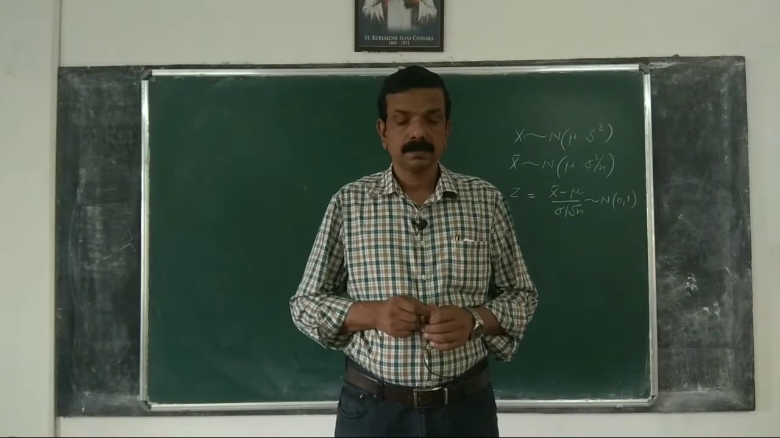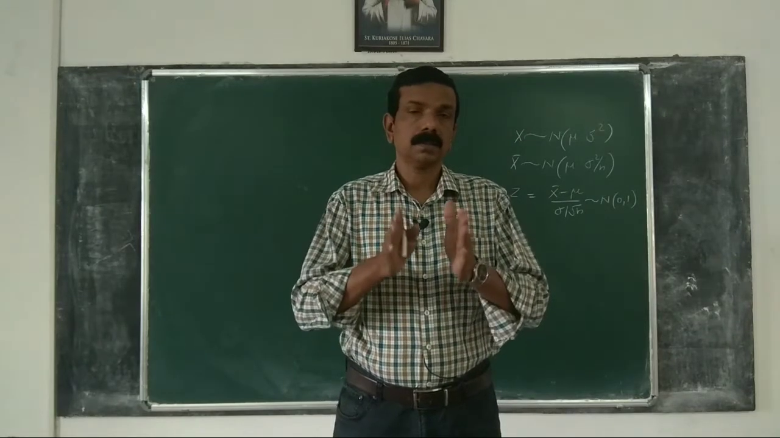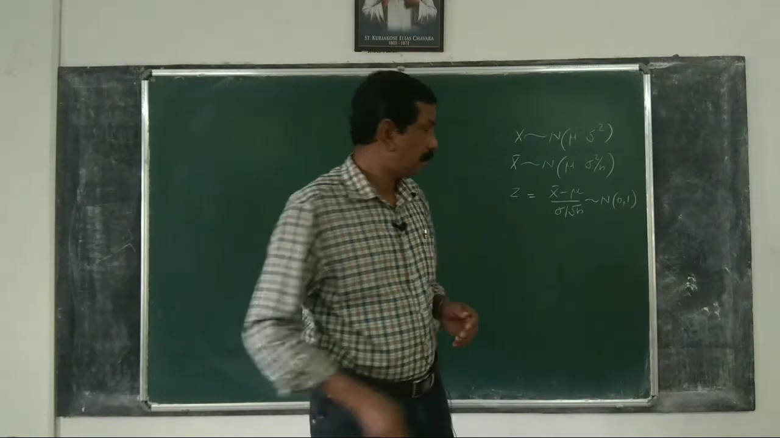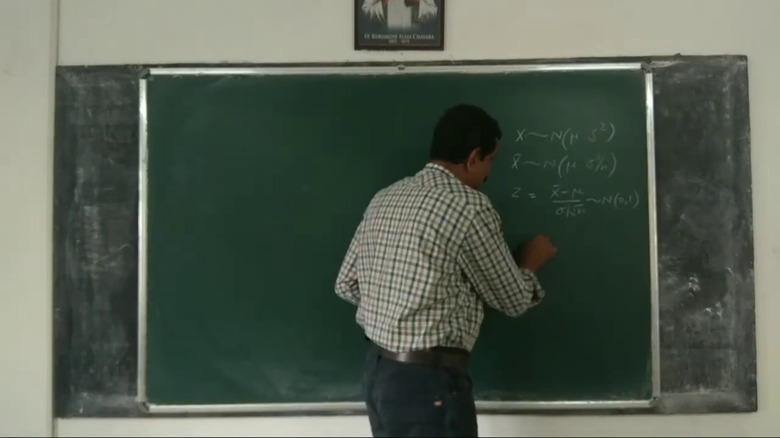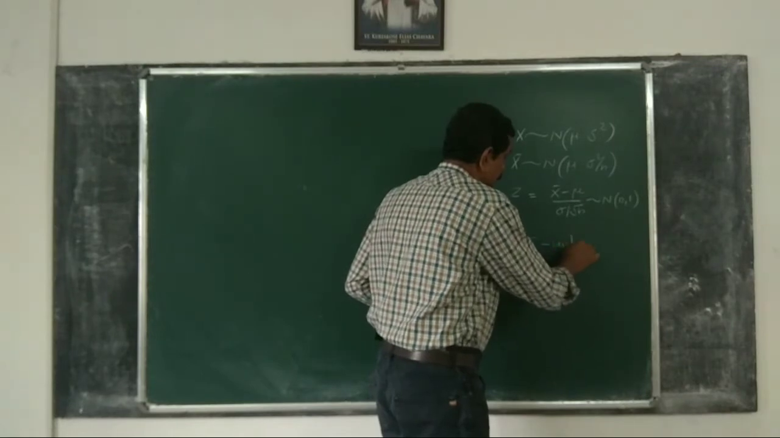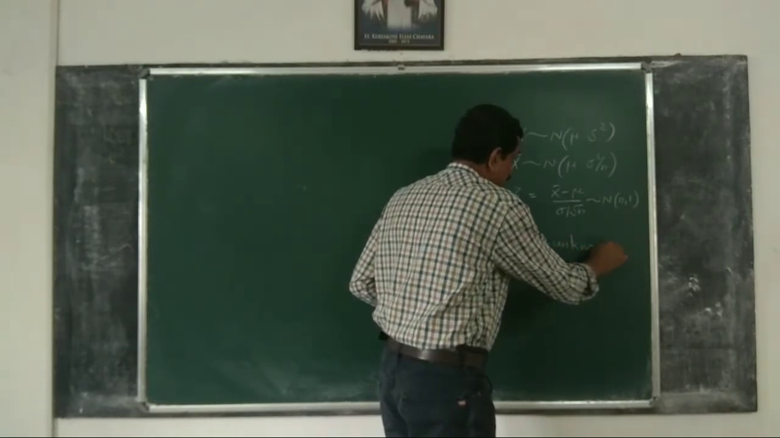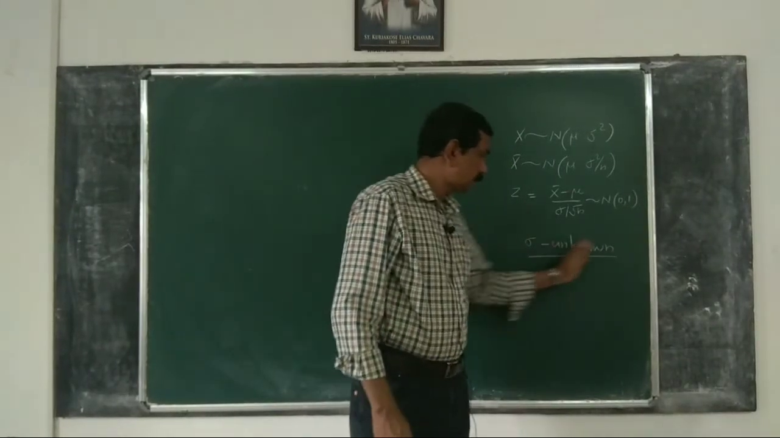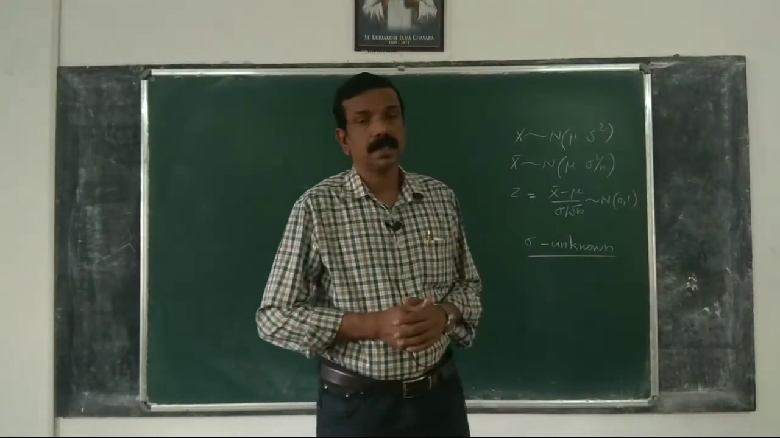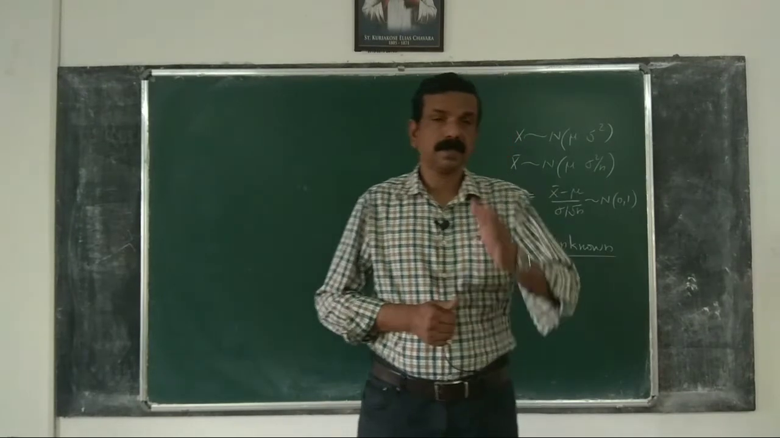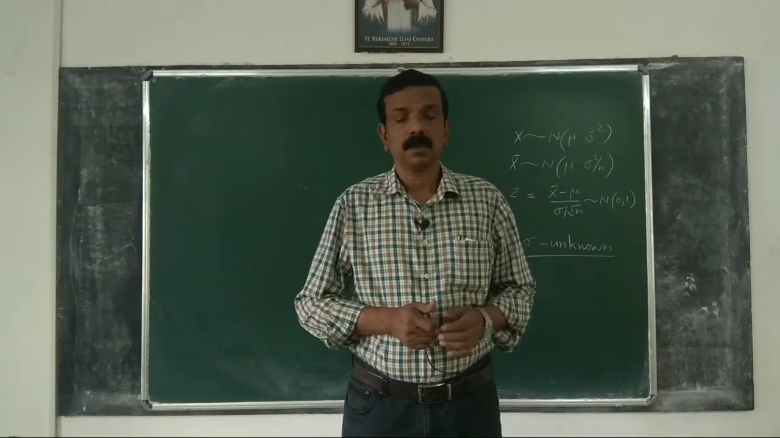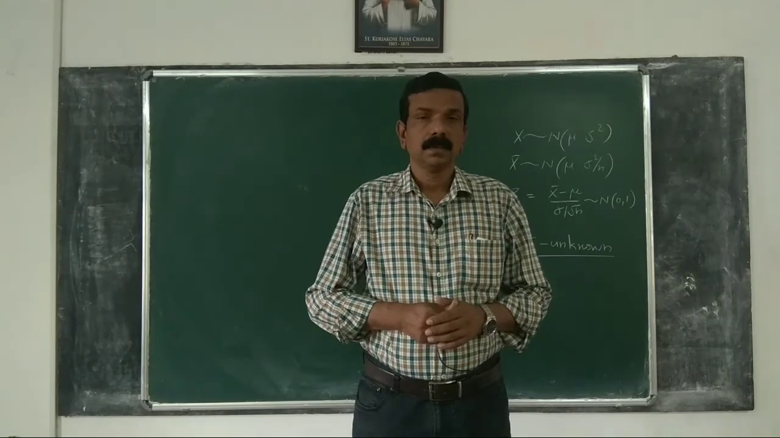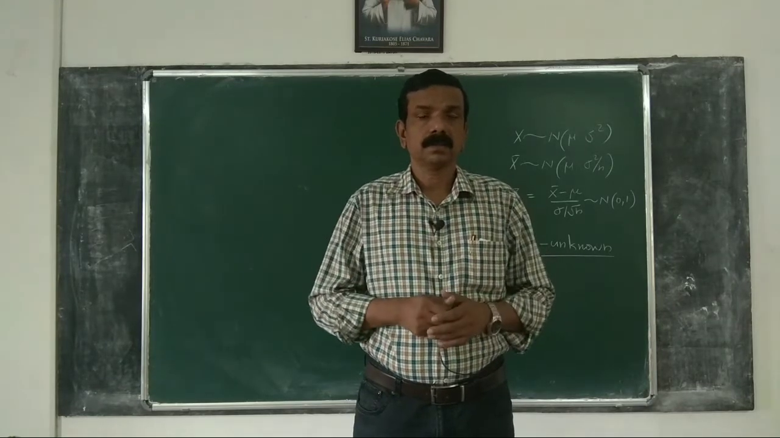But what do we do if sigma is unknown? Sigma is unknown. And remember this, in most cases the population standard deviation, population variance and hence population standard deviation is unknown. Then we cannot construct